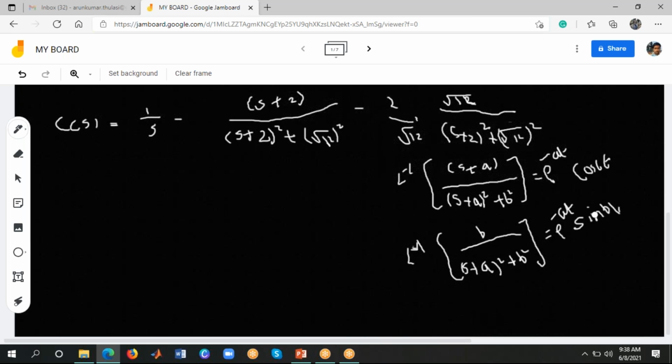So these two formulas need to be written, okay? Why? Because these two terms should be like this. If you apply the inverse Laplace transform here,